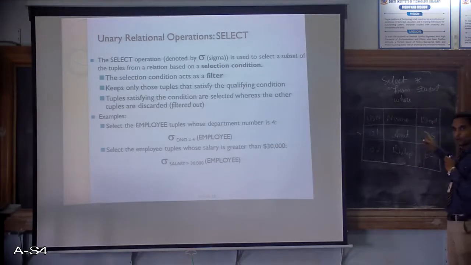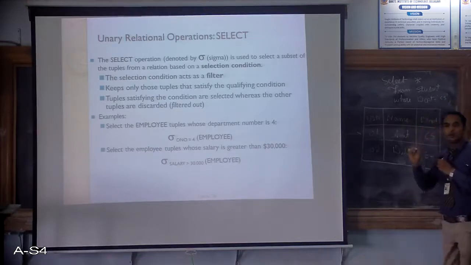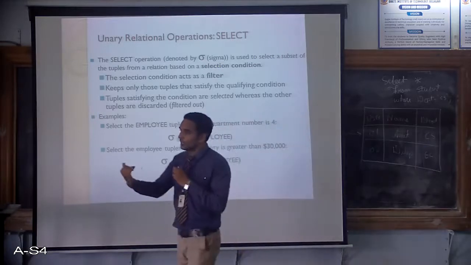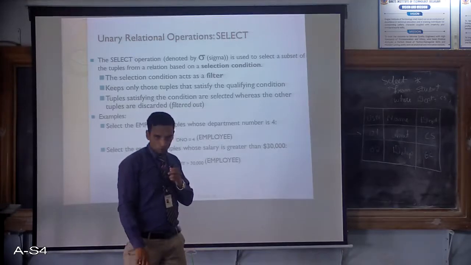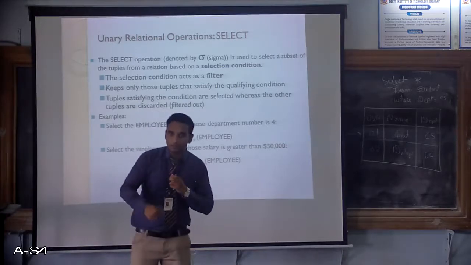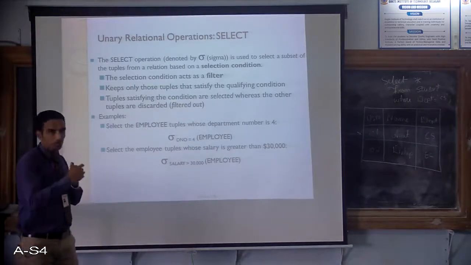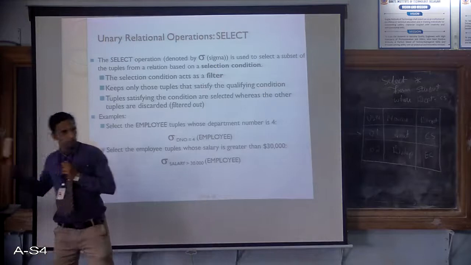For example, if I am talking about students from the CS department, their condition should be written in the where clause, where the attribute name is DEPT equal to, in single quotes, CS. This is how I write the SQL query. Whenever you want to fetch the entire row from a table, we write the query like that: select star from student where department equal to CS. The same way it works in relational algebra also. If you want to select the rows from a table, we use the select operator. Here the select operator is nothing but what we call sigma.